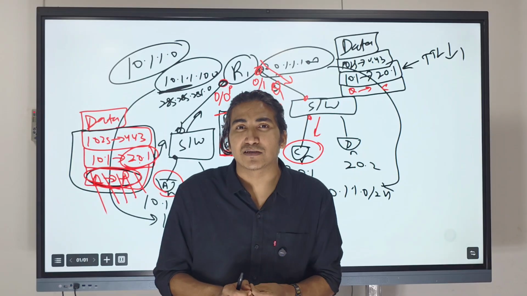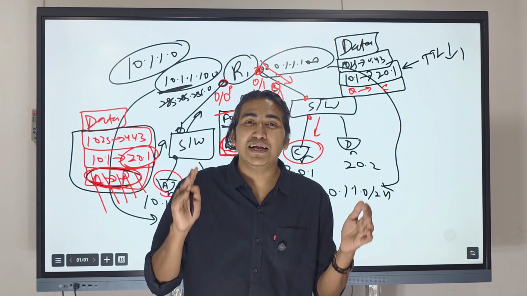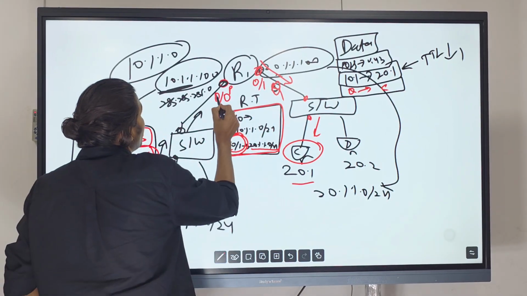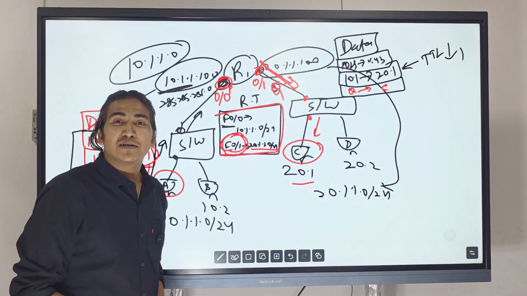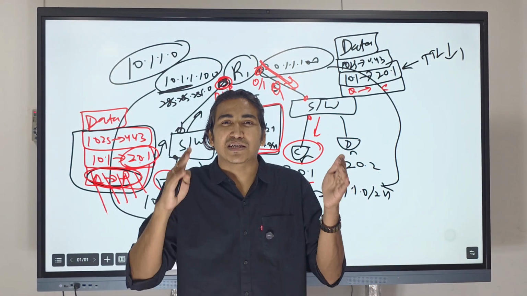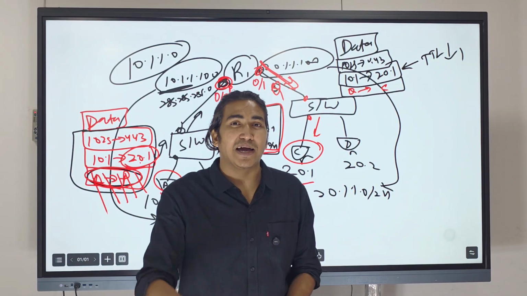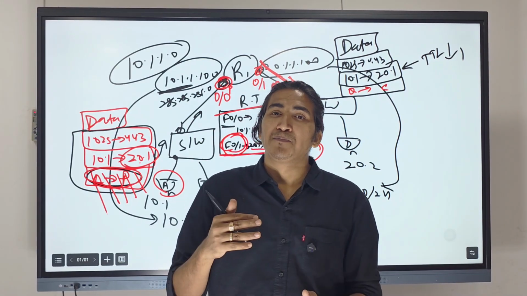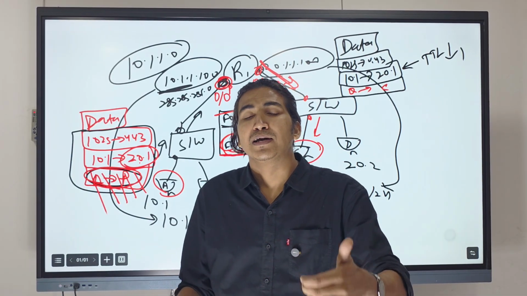And guys, any device which can rewrite the layer 2 header, Ethernet header, like a router here. Router is removing the layer 2 header on the receiving interface and adding a new layer 2 header on the exit interface. So all the networking devices which have the capability to rewrite the layer 2 header will always decrement the TTL by 1. All the devices who have the capability to rewrite the layer 2 header, meaning removing the Ethernet header and adding the new Ethernet header,